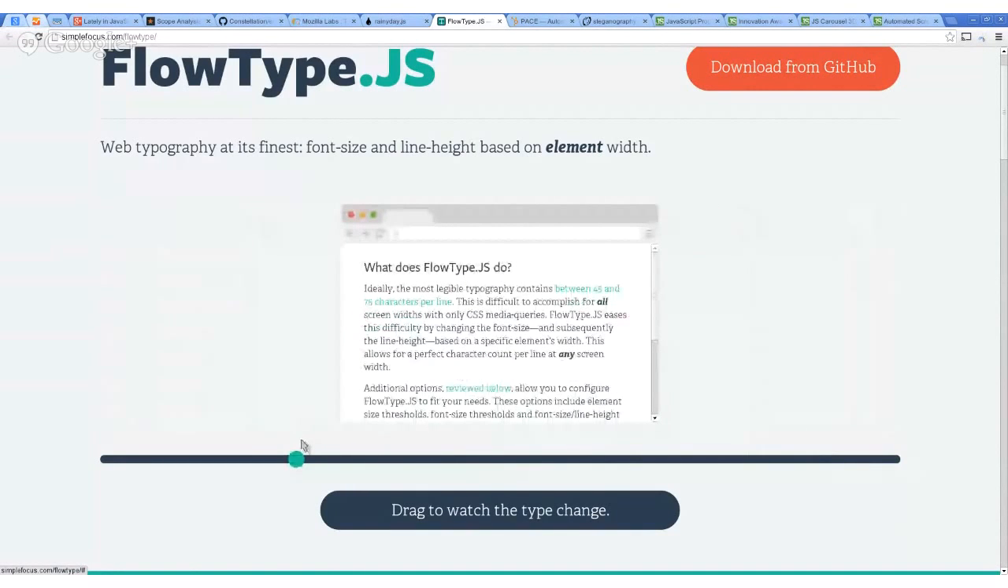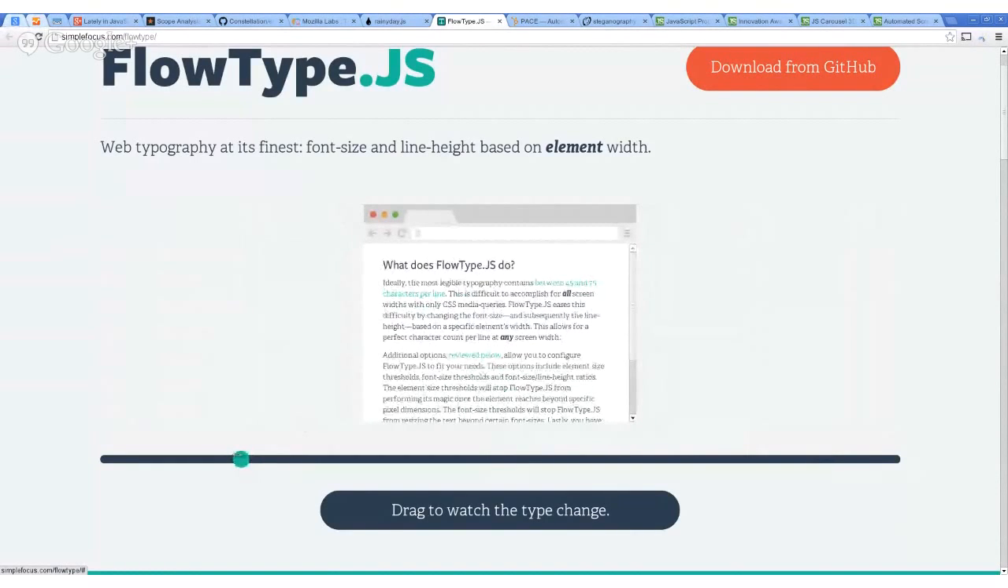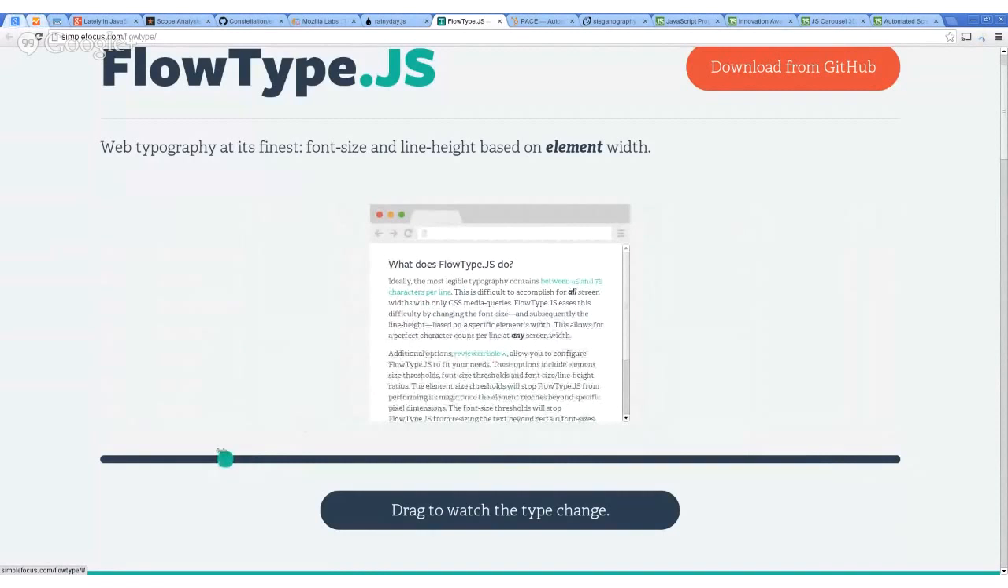So it probably will be harder for the users to read. Shouldn't this be the other way around? Like if the screen is small, the text should use a larger font so I can read better. No, the thing is this,